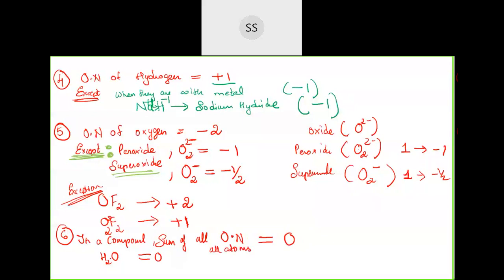Like water is a compound, it is neutral in nature. Only between the atoms there can be charge separation, where oxygen will pull the electrons and carry 2 minus charge. Hydrogen will lose electrons to oxygen and carry plus 1 charge. That is within them. But on the whole, the charges will be 0. Like that you can write for NaCl also, it will be 0. Clear? That is the sixth one. Now one more last rule I will give you.